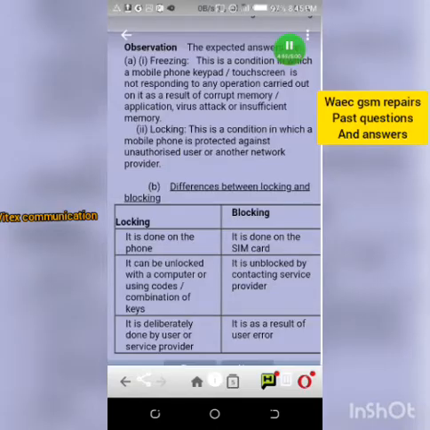While locking is the condition in which a mobile phone is protected against unauthorized user or another network provider. That's the meaning of lock. So now, locking is the condition in which a mobile phone is protected against unauthorized user or another network provider. So now,